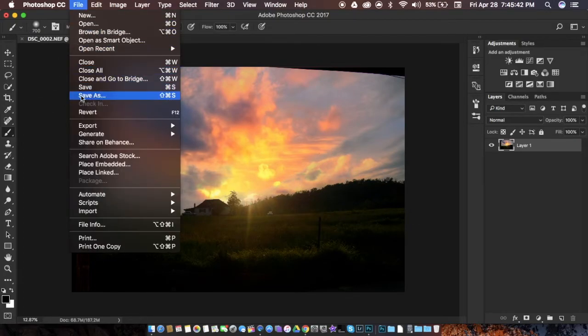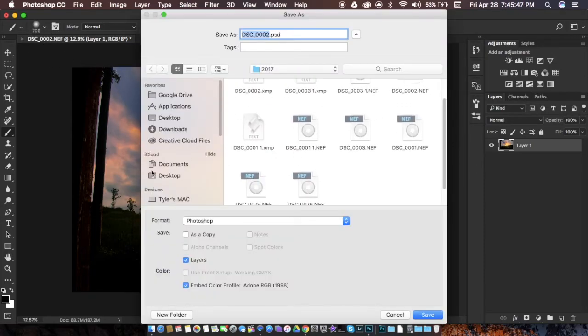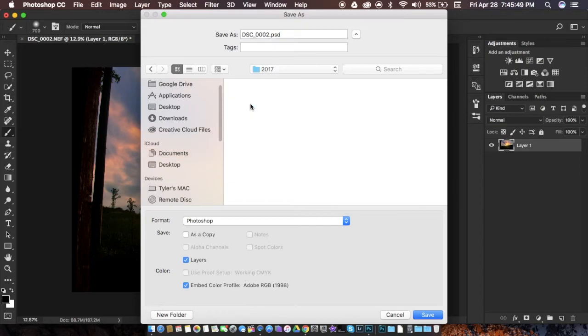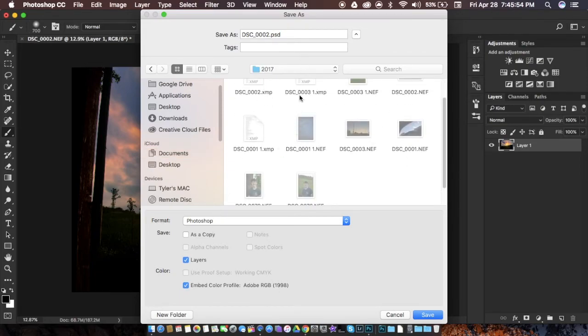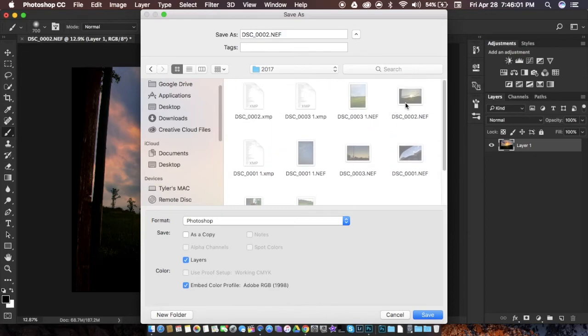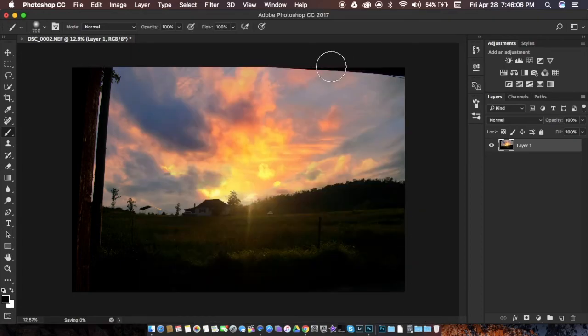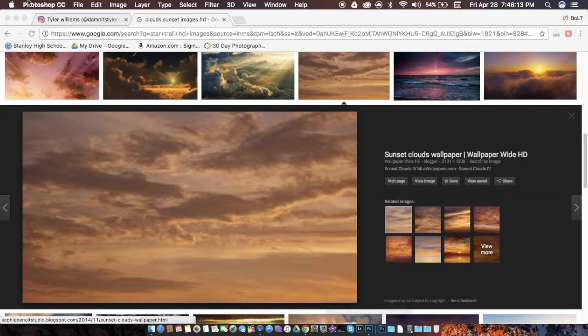And you can save as. You go back to your documents or wherever your Lightroom pictures are saved. And then you want to find the file name of the original one. So here's the original one. Then you want to save as copy because you don't want to lose that one. Then you save it, and you are done. Then you just go into Lightroom and do the color grading and stuff,